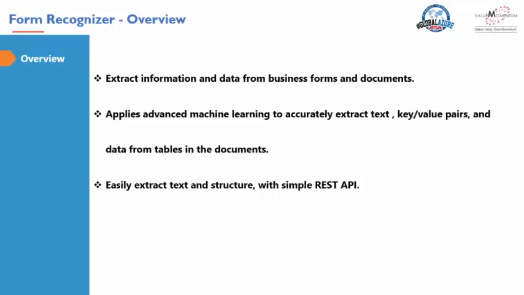Having gone through this overview slide, I'm pretty sure that all of you would have understood why Azure has come up with such a service. It's predominantly trying to reduce the manual effort, apart from the latent benefits that can be derived through using this service. You see UiPath using this service to automate as a part of their RPA process.